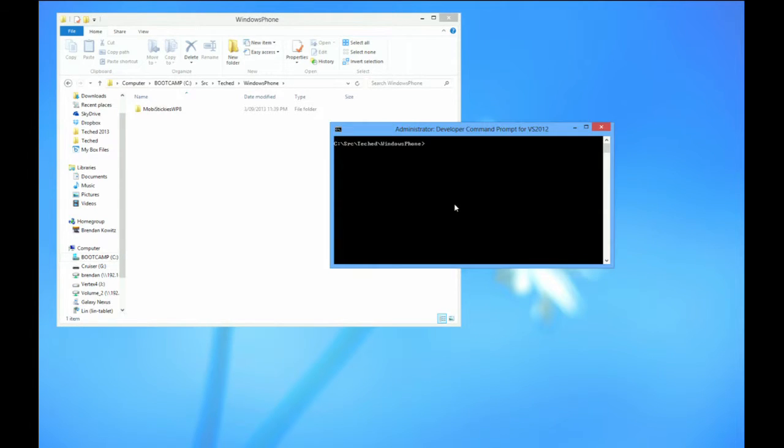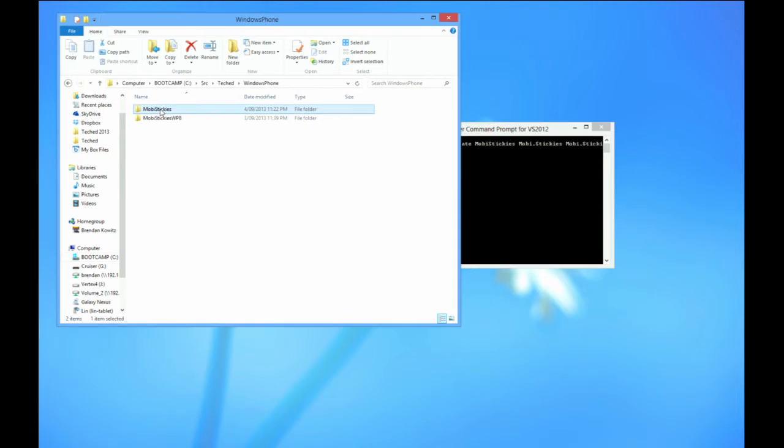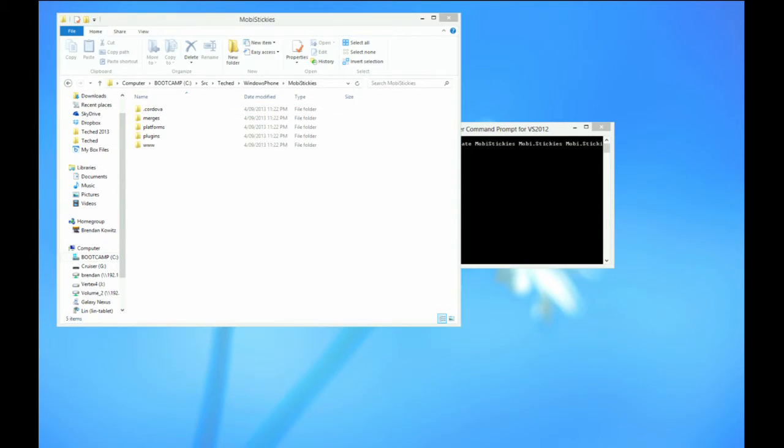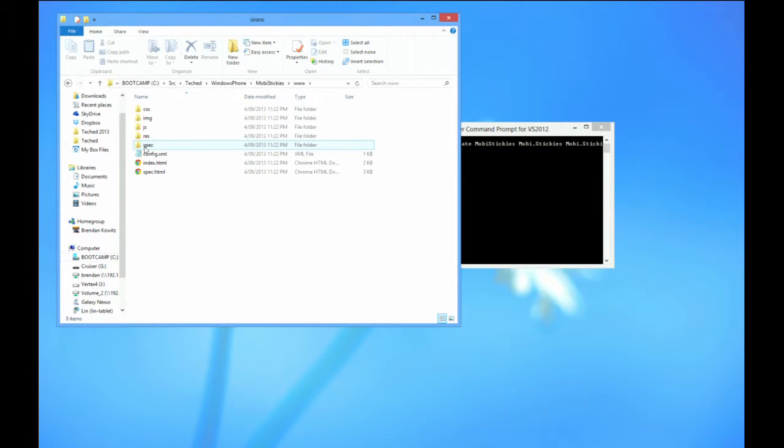Okay, so I'm starting with a console in a folder, and I'm going to type in some of these commands. Cordova create Moby Stickies, and I'm going to say Moby.stickies just so I've got two segments in the namespace. Once I've done that, it's made a folder. That's good. If we have a look inside there, that's the default structure that it gives you. So the root www folder is where the default project is,